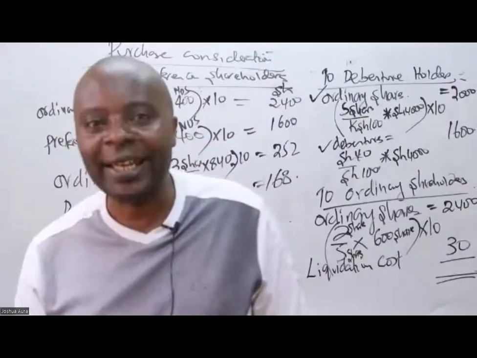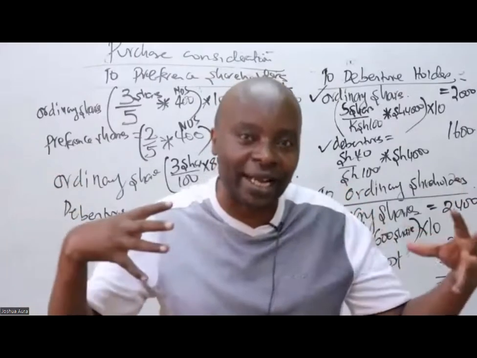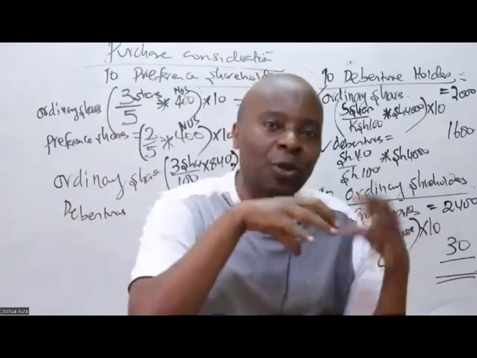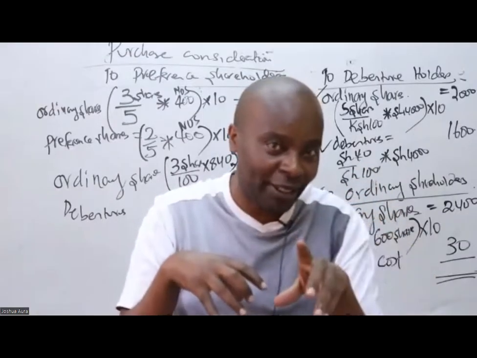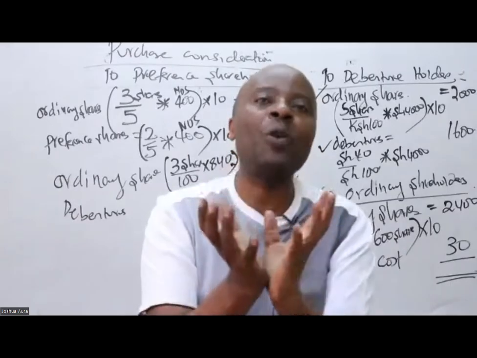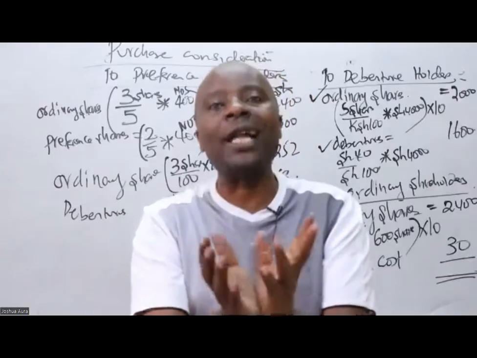So what have I said? If you see here, it's Zawadi which is buying Hasara. If Zawadi goes ahead and pays the liquidation cost of Hasara, you see Hasara is supposed to pay for its own cost. It's the one that is being wound up. So if we assist it, then whatever money we pay, we shall put it in the basket of what here? Purchase consideration. And then that is it.